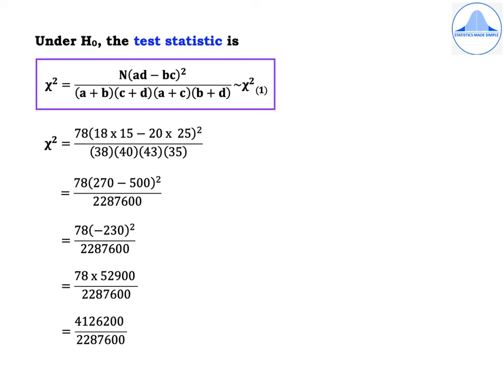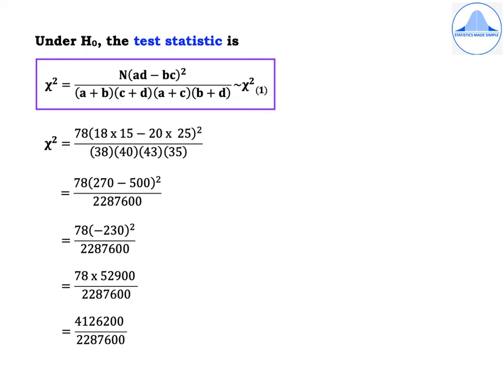The test statistic formula: chi-square equals N into (AD minus BC) the whole square divided by (A plus B) into (C plus D) into (A plus C) into (B plus D), which follows chi-square with 1 degree of freedom. Substituting the values, you get chi-square equal to 78 into (18 into 15 minus 20 into 25) the whole square divided by 38 into 40 into 43 into 35, which simplifies to 78 into (270 minus 500) square divided by